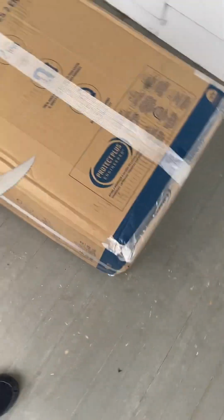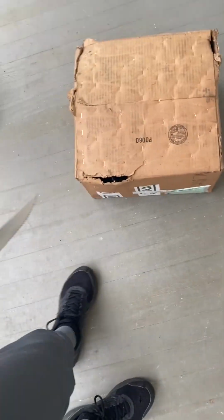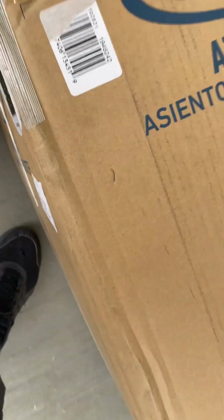Well, this is actually the Kohler Kingston with bedpan lugs. It didn't come with the box. But today we're going to be unboxing not only that, but we're going to start by unboxing this because it's our